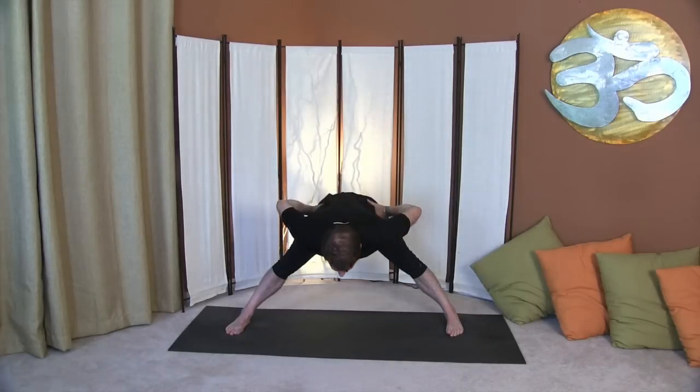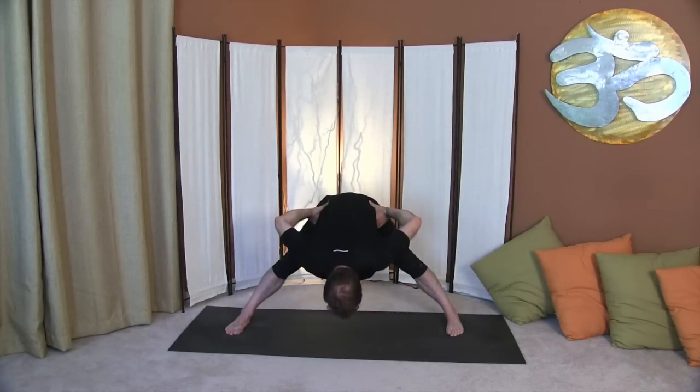Up, come forward, hands to the hips, lift into the heart, and as you exhale, hinge, dropping it in, hold, keep the hands on the hips this time, and bring it up. Rotate to the other side for a triangle, arms up, same thing, inhale, get the length, get the reach,